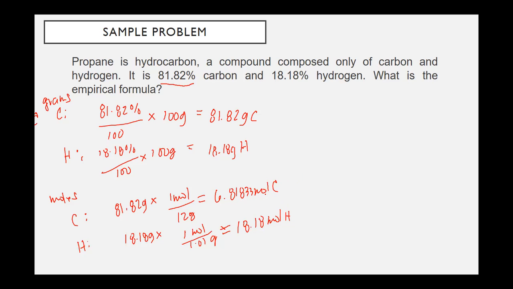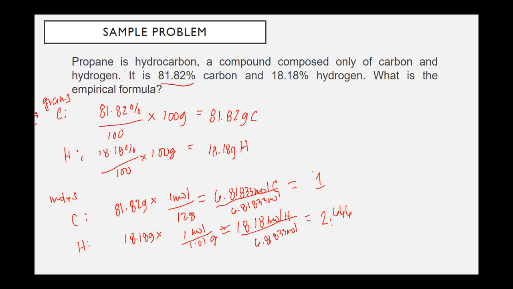So we divide this by 6.81833 mole. So we'll get the coefficient will now be this one, C is equal to 1, and H will be equal to